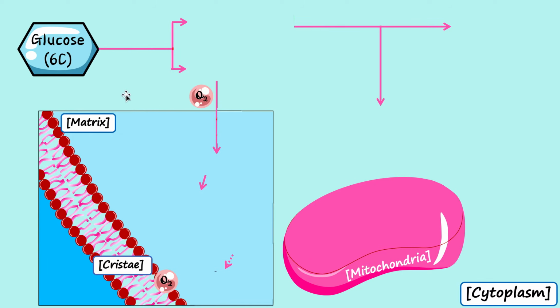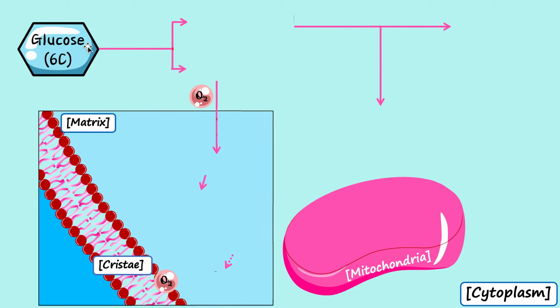So now here we are inside a cell. All this light bluish part is going to be the cytoplasm of our cell, and this right here is our mitochondria. Now we're going to go through this process quickly. So here we have glucose. Glucose is a 6-carbon molecule, so each edge here is 1 carbon. Don't worry too much about the structure. So it's a 6-carbon molecule, glucose.